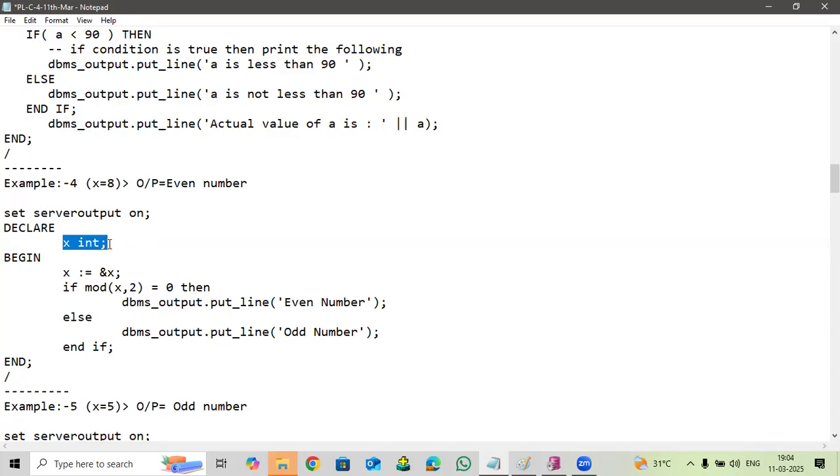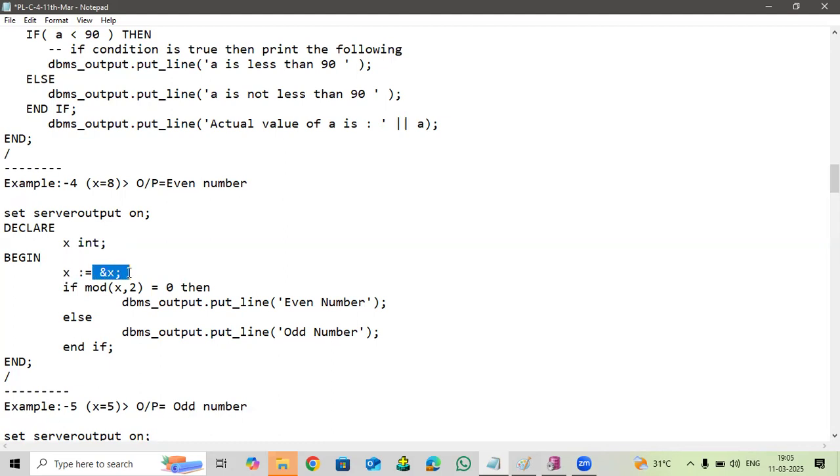There is no value which I have assigned, but I will assign the value with the default mode of initialization. We have something called the default mode of initialization, and that starts with an ampersand and the variable name. So I'll repeat, variable name x, integer data type. I have not initialized any values in the declaration section, but I'll initialize the value in the printing section, saying that the value of x should be